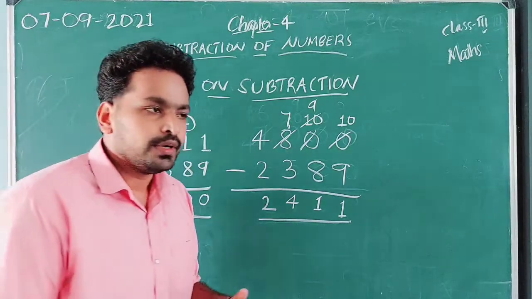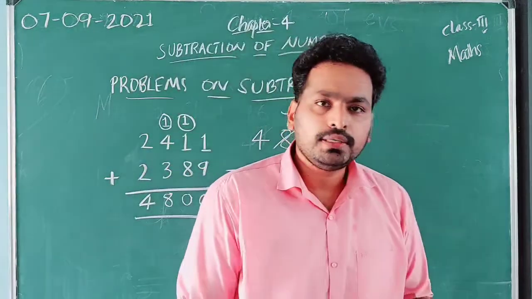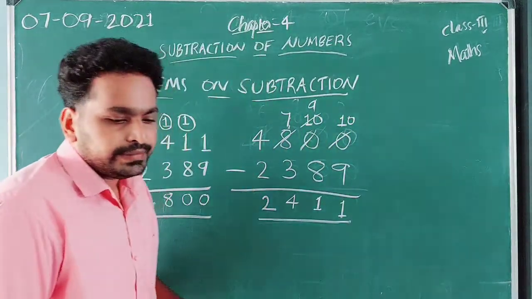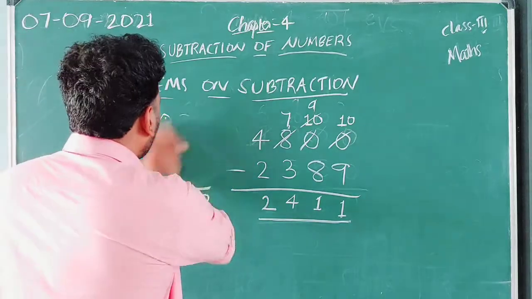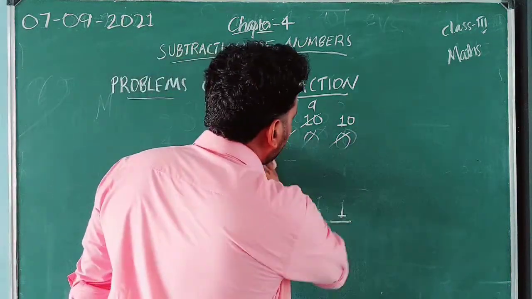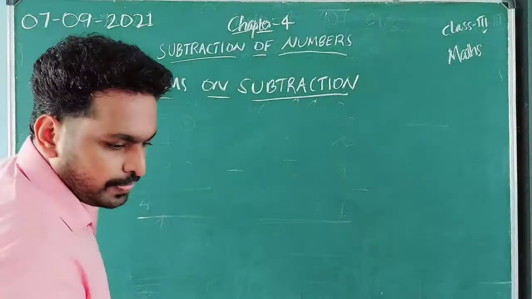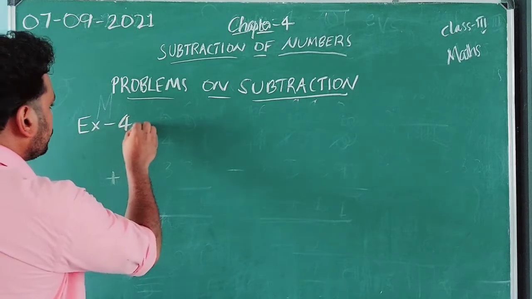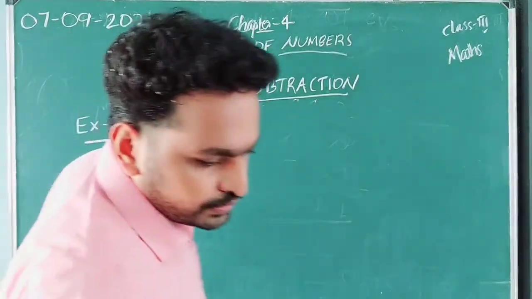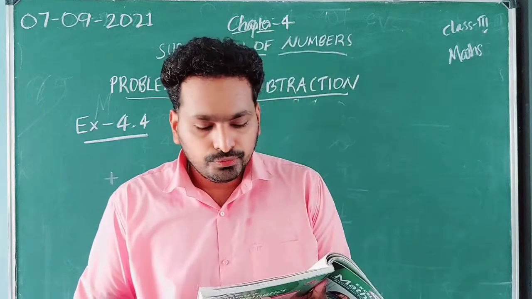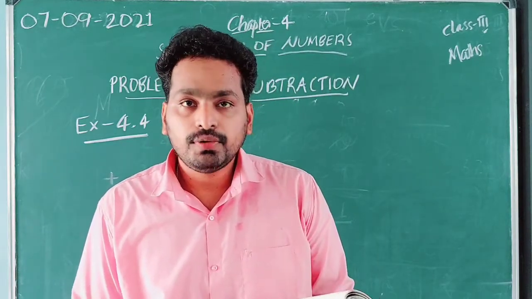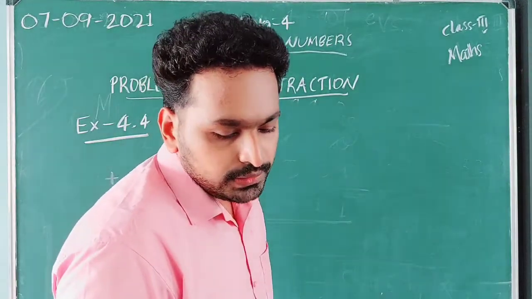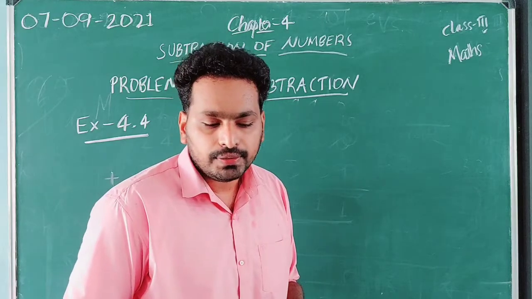You get it? Okay, students, if you are getting any doubt while doing your work, you just contact me by WhatsApp. Okay, students, all of you take exercise 4.4. Their first question is, what is the first question there? Read it. What is the first question? What should be added to 435 to get 1000? Just right now I did that. What should be added to 435 to get 1000?